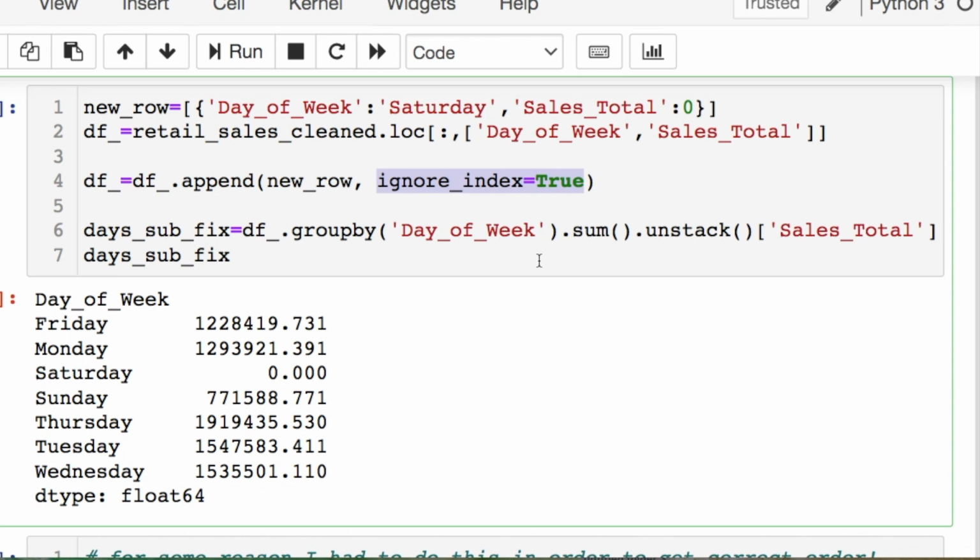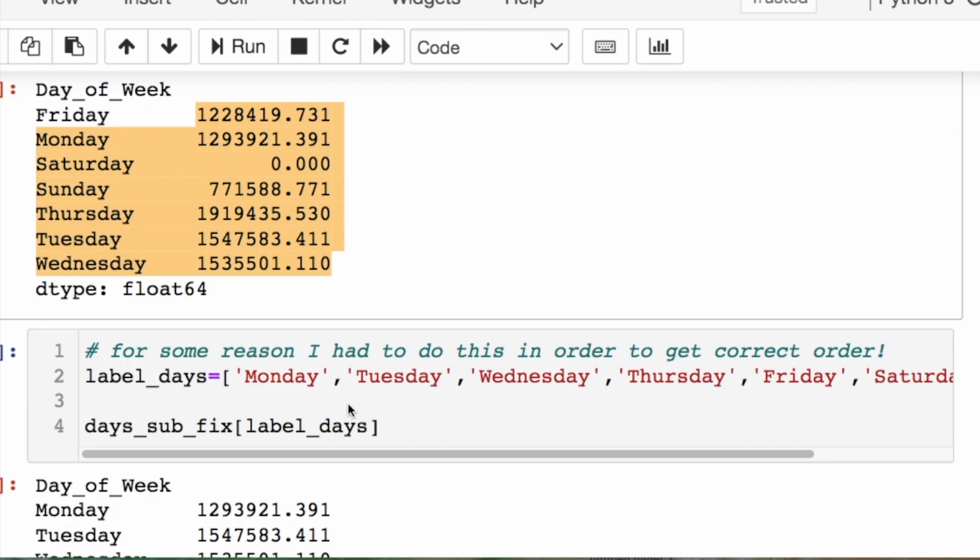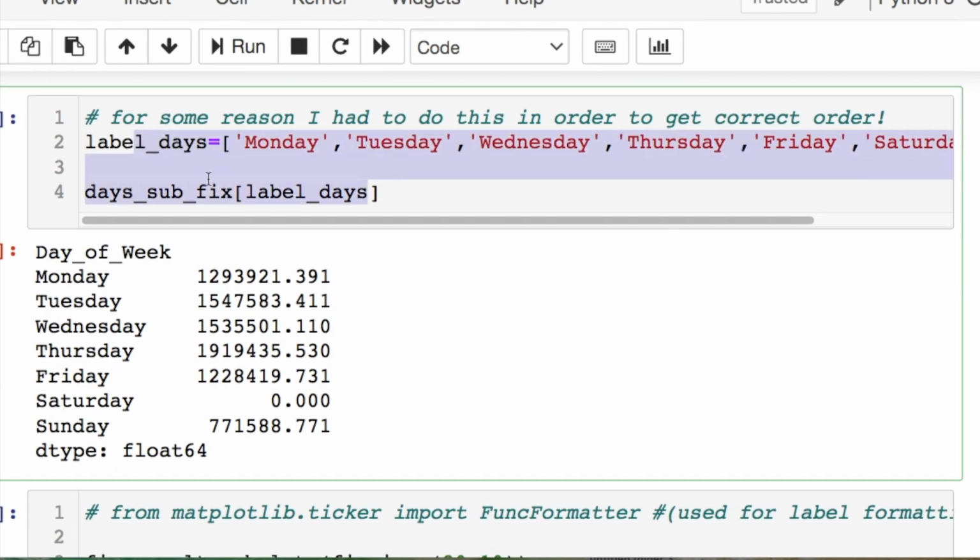And then we're going to do the same thing that we did above. We're going to take our data frame, group by the day of the week, sum everything together, and just take our total values for our sales for each day of the week. And you'll say, well, the magnitude of these numbers looks very different. Yes, they do. But if you sum all of these values together and check to see if it's equal for all the other days, you'll only be off by a few pennies or pence. Nevertheless, fixed everything, got it to 0.